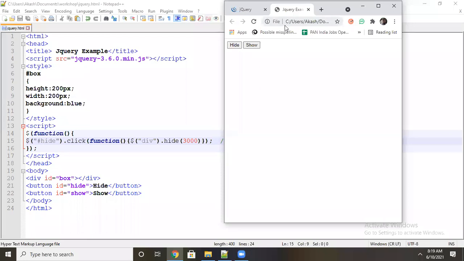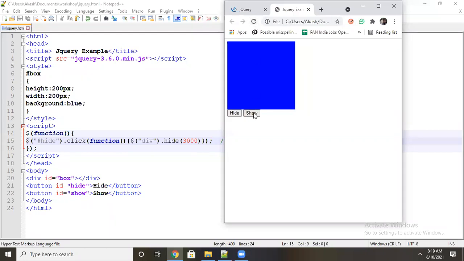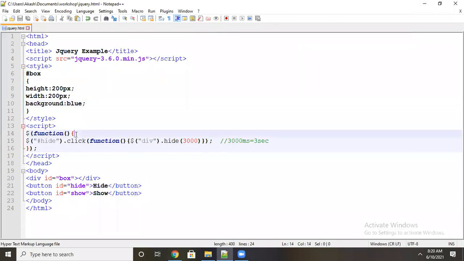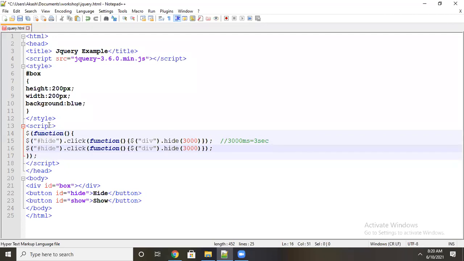Okay, now see, I will write a code for show also. Always this one root function is a must and is required. This is the root function, also called a container. Now I will write for show. You can see I will copy the same code. No need for one more root function here, one is enough.